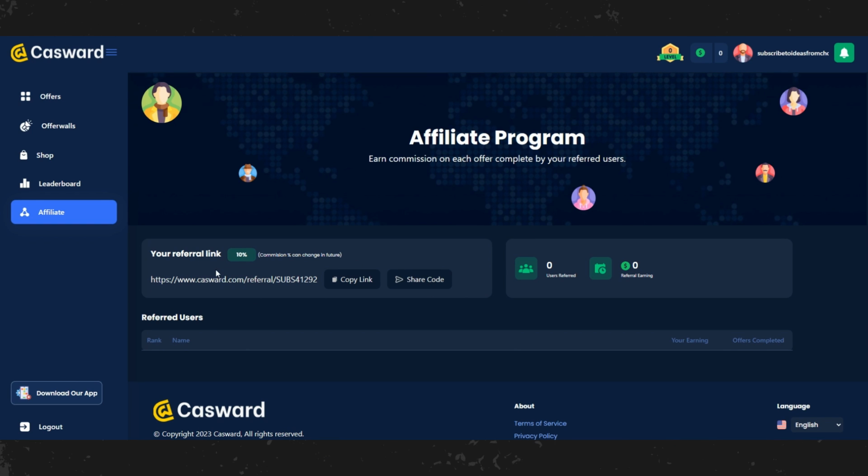Consider this. If your referral earns $1,000, a generous $100 could come your way as passive income, all for minimal effort on your part. Prepare for further insights as I unveil strategies for maximizing your referrals, unlocking the potential for unmatched earnings. Our initial step in this journey takes us to the